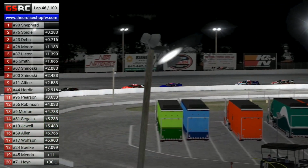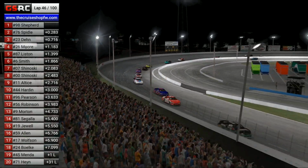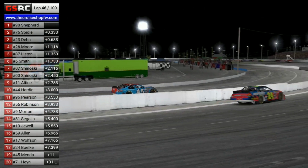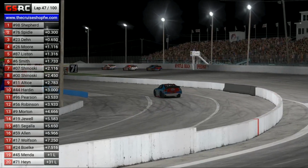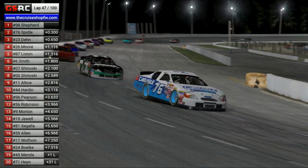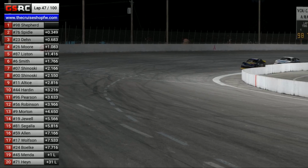Looks like Jason Menda finally heading down pit road to get some of that. Well, I guess it's not really some hood. He had the whole hood up in front of his windshield. Looks like just the pit road speed was able to. I actually saw it drop on the screen there. But nonetheless, heading back up front, it's J.R. Shepherd opening up to about 3/10